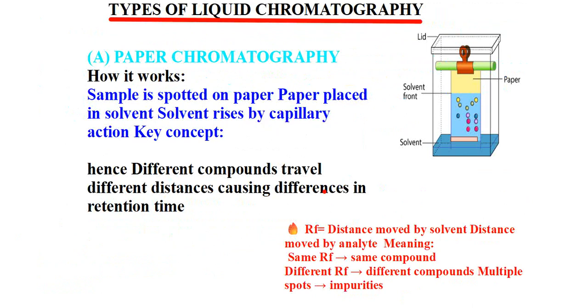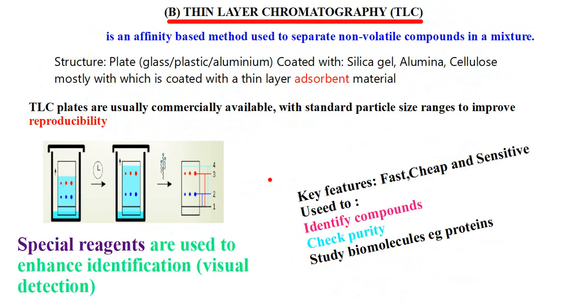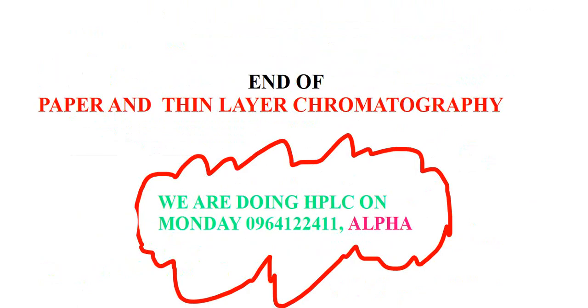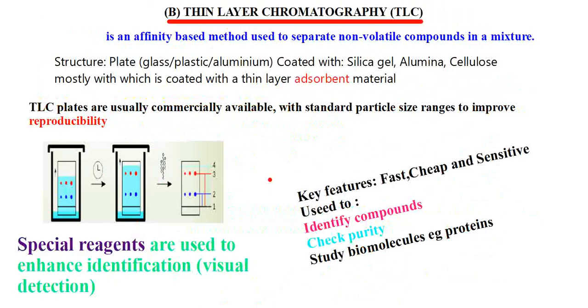And also we talked about this one now called paper chromatography. Then we went on to talk about thin layer chromatography. Now we are talking about high performance thin layer chromatography. So we are moving on from thin layer, okay? We looked at those plates, so those plates that will be there,